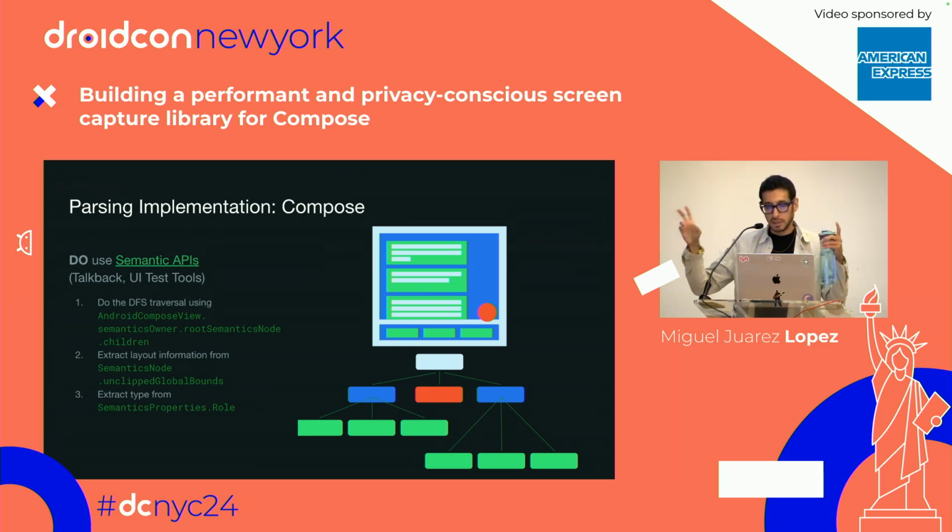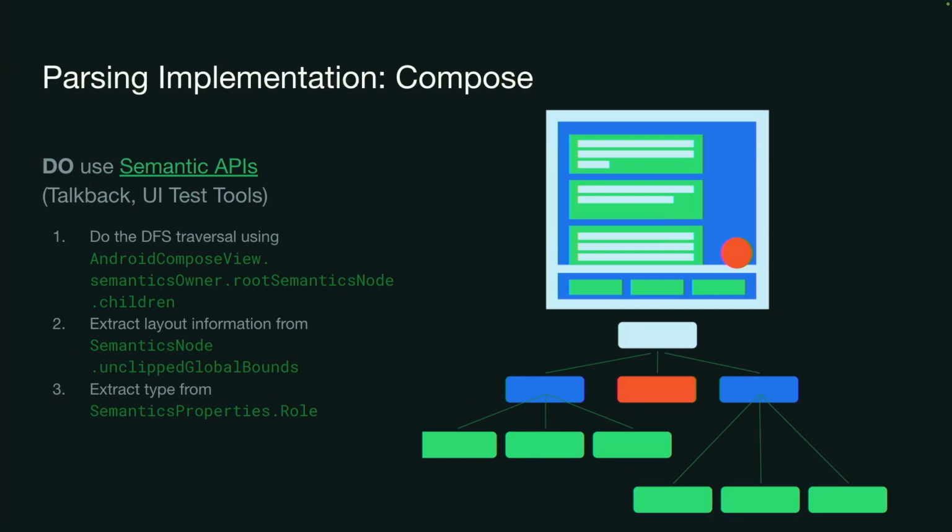There are some other techniques that you might need to do in order to enrich it. Sometimes the role is not enough, but by looking at the source code of TalkBack and accessibility tools, you can get a good idea. It's not very well exposed. There's not a lot of documentation for them, but they're well maintained because it's in our best interest that we build semantically smart applications. So yes, this is what the original talk was supposed to talk about, but turns out